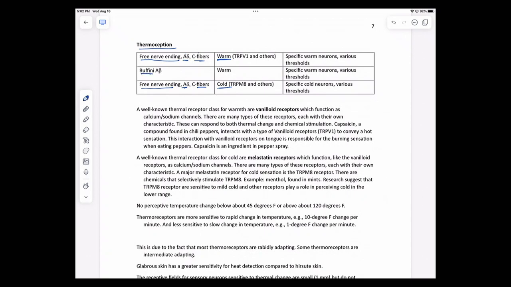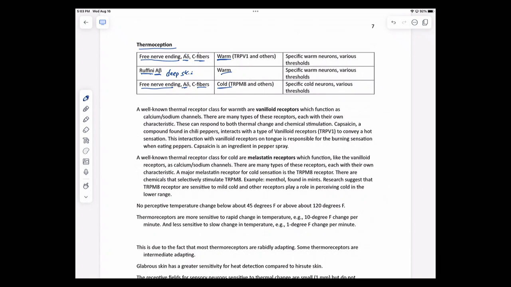Now, you do have some neurons that have Ruffini receptors, and of course those neurons are going to be your A betas, so they're heavily myelinated and pretty fast. The A betas that have Ruffini in them that are designed for temperature, and this is going to be for warmth, are going to be in the deep skin. If it's deep skin, then that probably means it's not the front line most sensitive receptor for warmth, but I put them in there because they do play a role in warm temperatures.